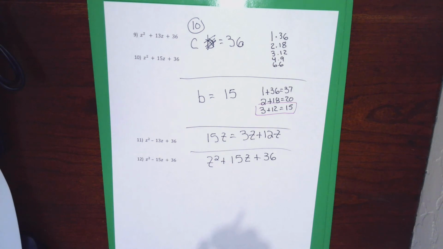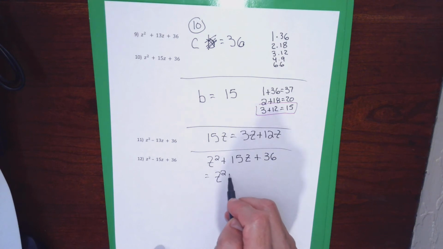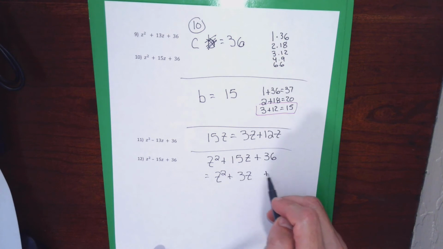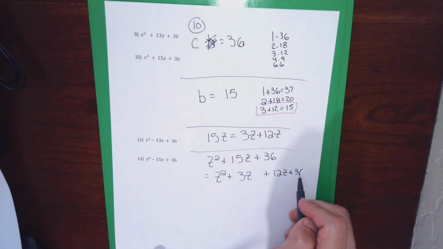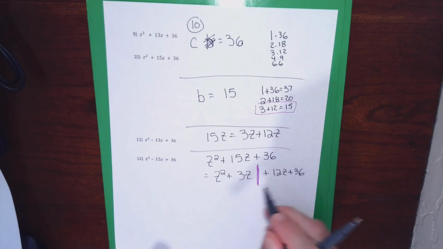So now I know how to take the problem that I was given, the z squared plus 15z plus 36. Now I have a way to rewrite this with 4 terms, and 4 terms that are carefully constructed enough that the problem will factor successfully by grouping. So I'm splitting the problem with 3 terms into 4 terms,